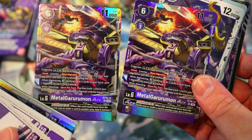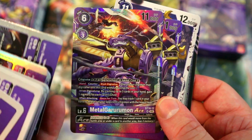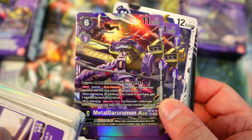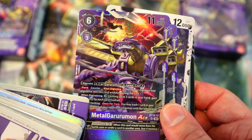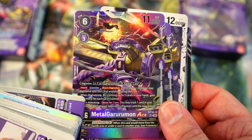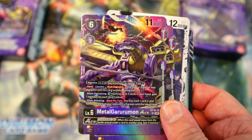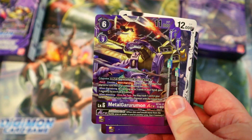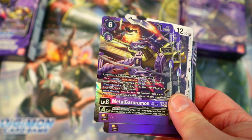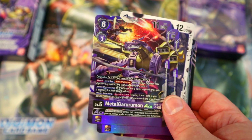But then we got our Metalgarurumon ace, and this guy's super good. Digivolve, 3 on a purple or any level 5 with Garurumon in its name for 3 as well. So again, can go on the blue Garurumons and stuff, Wargreymons anyway in this case. But hand counter, blast Digivolve. When Digivolving by trashing up to 3 cards in your hand, gain 1 memory for each card trashed. So whenever your opponent attacks you, you can Digivolve one of your level 5s into this guy for the cost, and then you can trash up to 3 cards in your hand to gain that much memory. You don't Digivolve them for the cost. You can Digivolve them for free, for 0, for the Blast Digivolve effect,